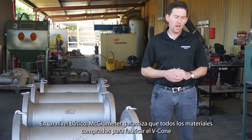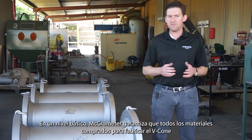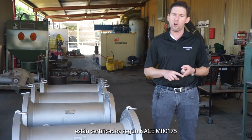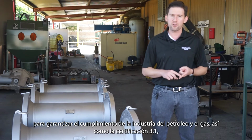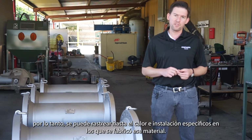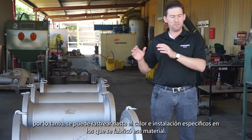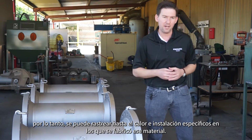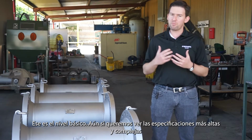providing us. At a base level, Micrometer ensures that all materials purchased to manufacture the V-Cone are certified to NACE MR 10175 to ensure compliance for oil and gas industry, as well as 3.1 certified, so it's traceable back to the specific heat and the specific facility that that material is manufactured in. That's the basic level. If we want to take a look at some of the higher, more complex specs, where